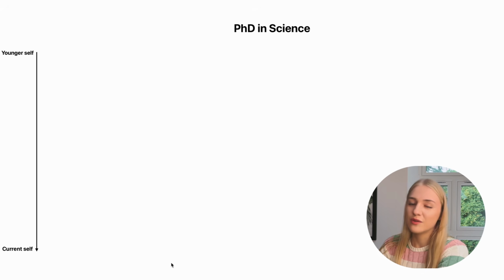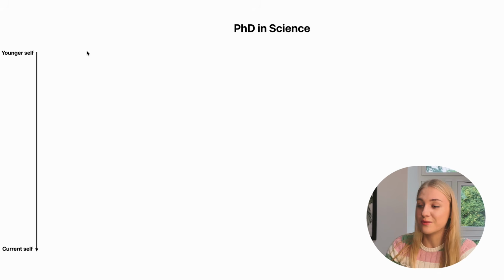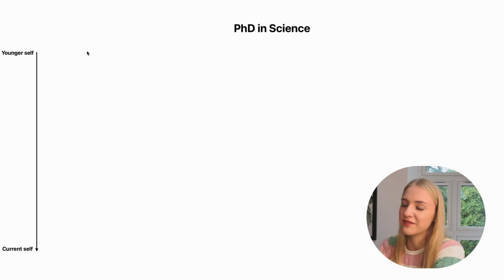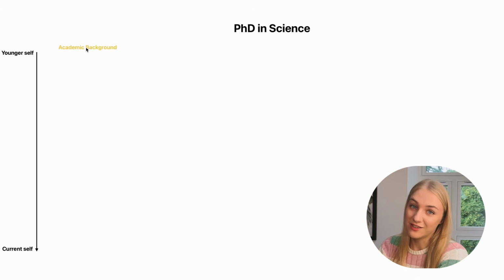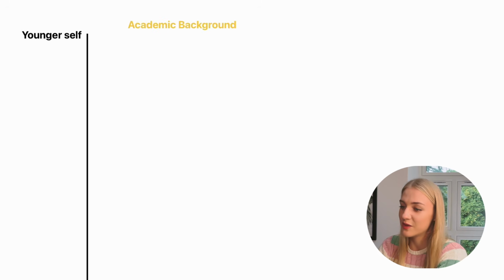But basically, it's all about trying to write down all of the information that you can think of that is relevant to this course in a logical timeline. So in order to explain this a little bit better, I'm just going to say we are applying to a PhD in science. This is just an example. This template really applies to any subject or any type of course that you apply to, no matter if it's bachelor's or PhD.